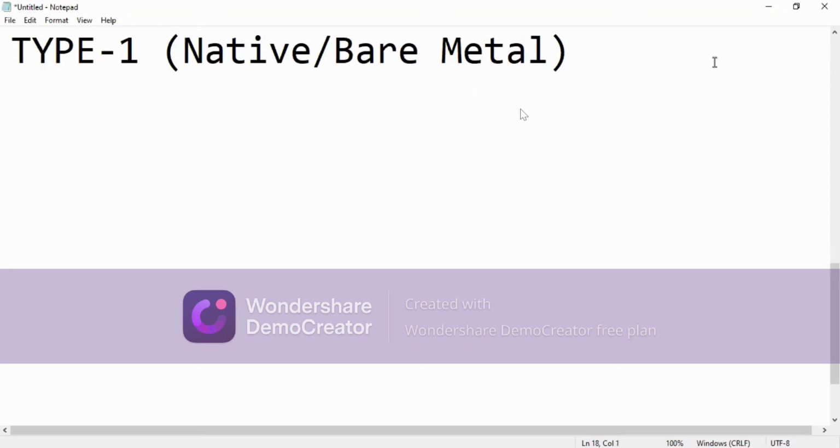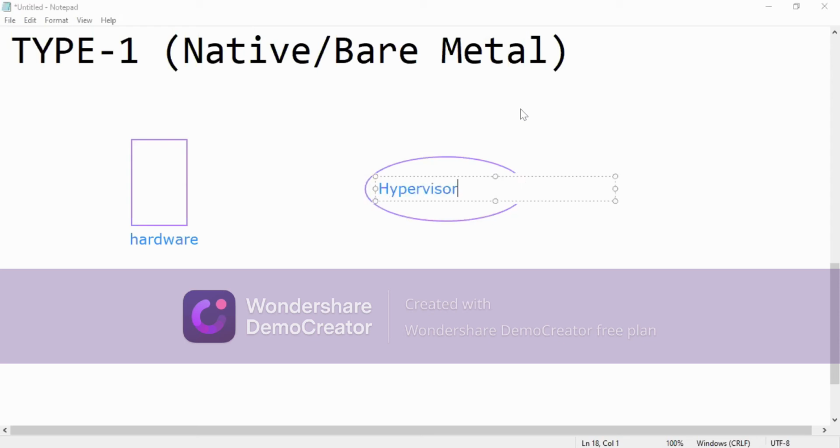How is it available? Let me do some small annotations here. Let me draw a box. Let us assume this is my hardware, and on top of this I have a hypervisor.